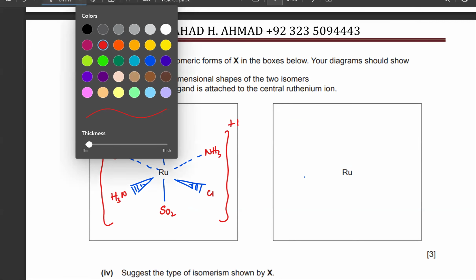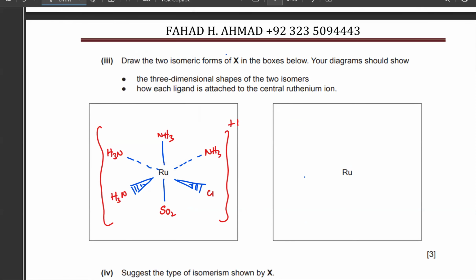Or the other one, which is that it's going to be, so the other one is,